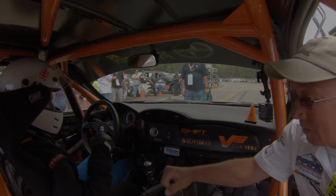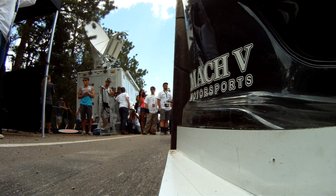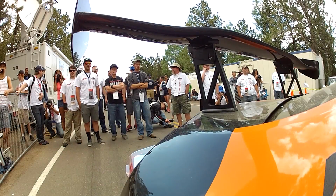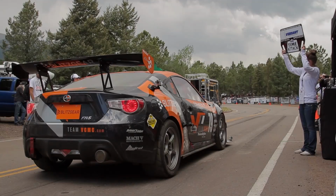Have some fun, huh? it is too late to change tires now. Sed will have to drive the car with its dry weather tires. Anxious moments ensue as the team waits for the go signal. Then,